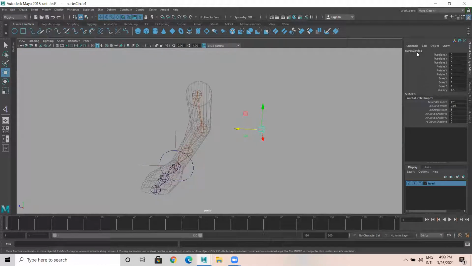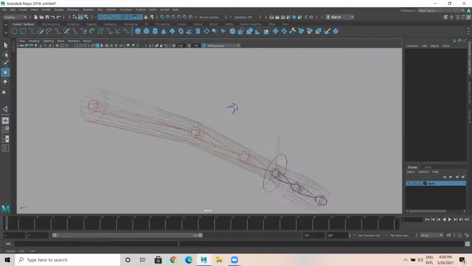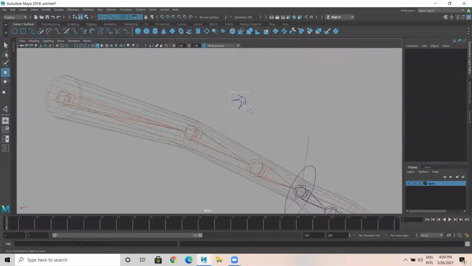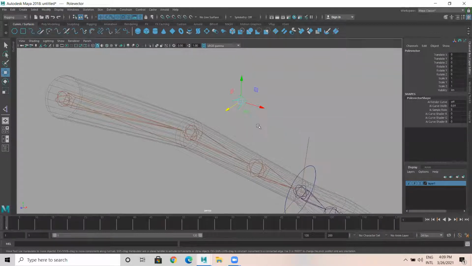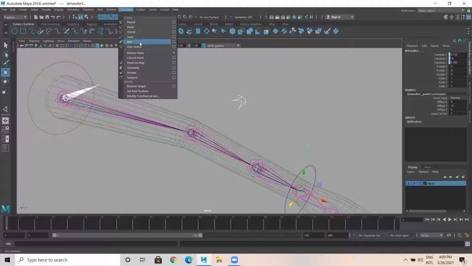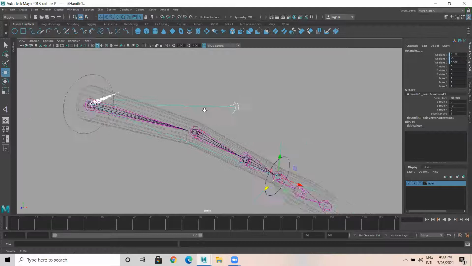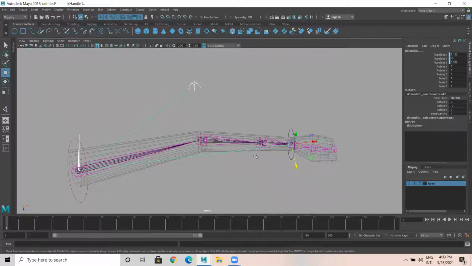Now what I'll do, I'll name this particular circle as pole vector. Okay. Now simple. Next, again, it is simple. Select the curve. Next step. Select the curve, select this particular IK handle. Go to constraint, pole vector. Okay. When you do pole vector, what happens? From here to here, what length is there?